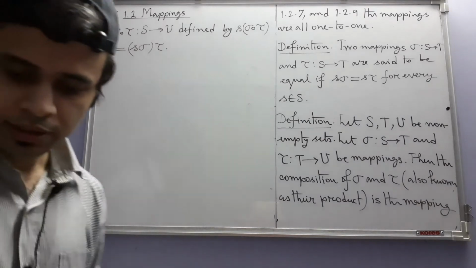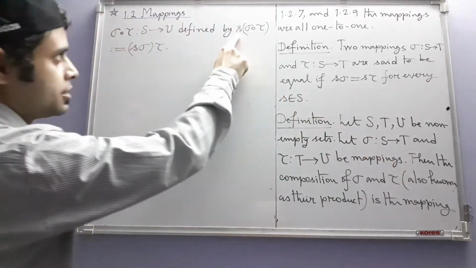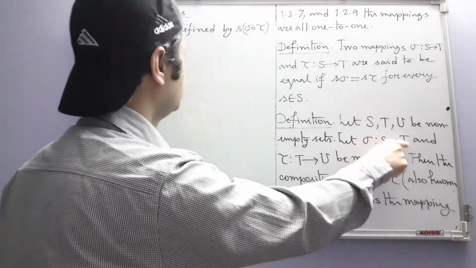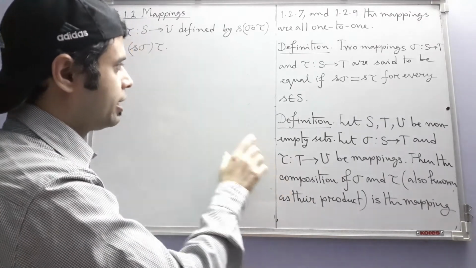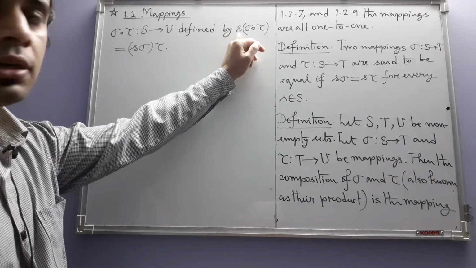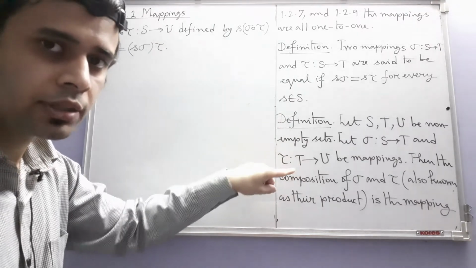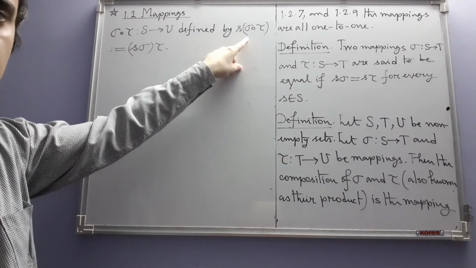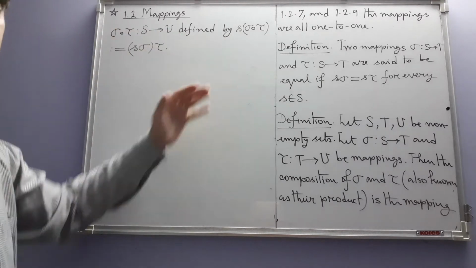Okay, so what is happening here is this: we take an element in S, and we first apply sigma on that element, so the image is in T. So this s sigma is in the set T. So that means on that we can apply tau, and the final result will be in U. So you can see that since for a given s in capital S, s sigma is a unique element in T, for that unique element, s sigma tau is a unique element in U. So this definition that we have given for the composition of two mappings is actually a well defined one, that is, this map is well defined.